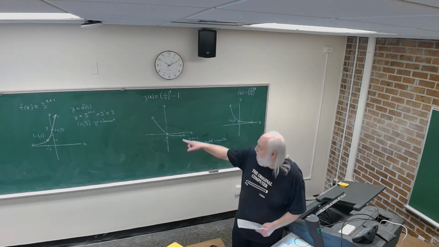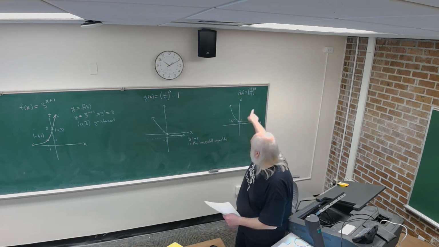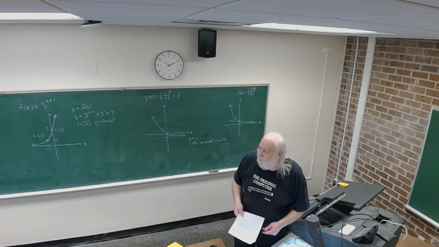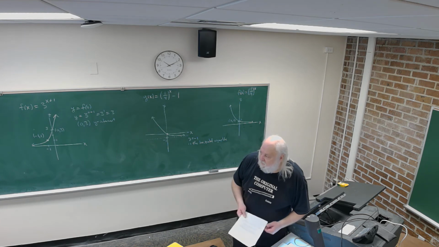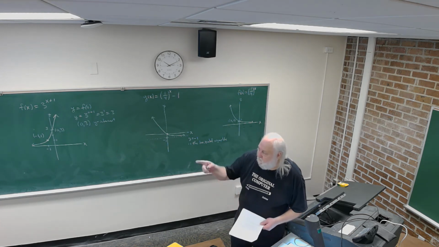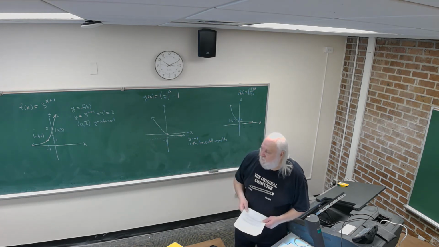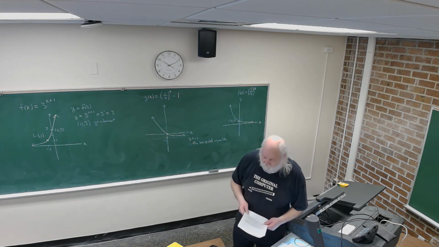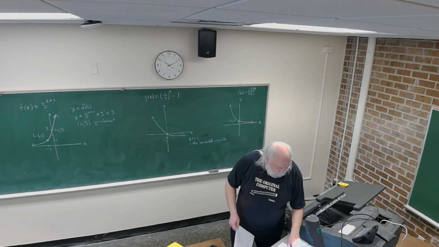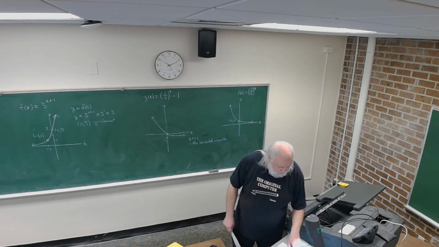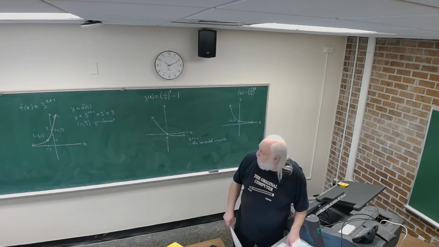Functions like 3 to the x and 1/4 to the x don't have their own names, but e to the x does, because it's this fancy number, this miracle number from mathematics. In example 4, we graph the function e to the x, and since e is greater than 1, its graph looks like